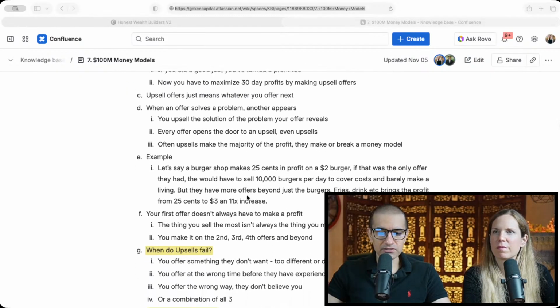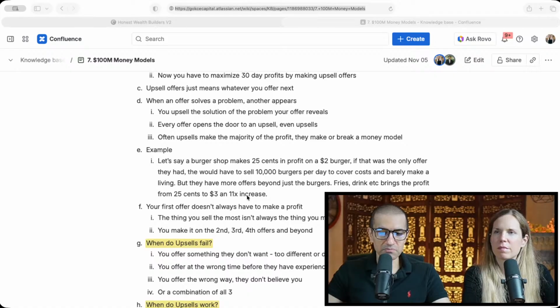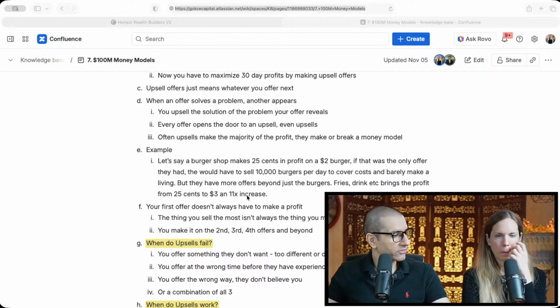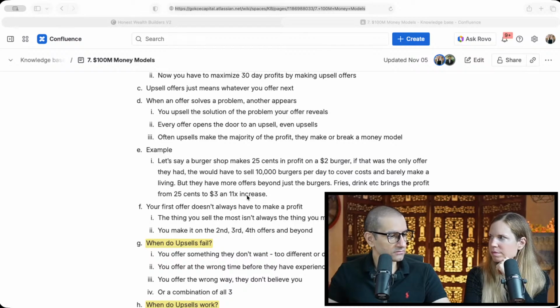So an upsell offer just means whatever you offer next, right? If you were to define what an upsell offer is, essentially you sold something and whatever you offer next. Whenever I got confused when I was reading it for the first time, I went back to the McDonald's example. I just bought a burger, and the person will be like,